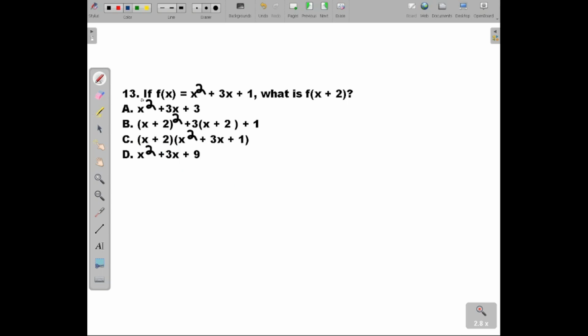Number 13. If f of x is equal to x squared plus 3x plus 1, what is f of x plus 2? So that means that x will be equal to x plus 2. In this function, we have to replace x with x plus 2. F of x plus 2 is equal to